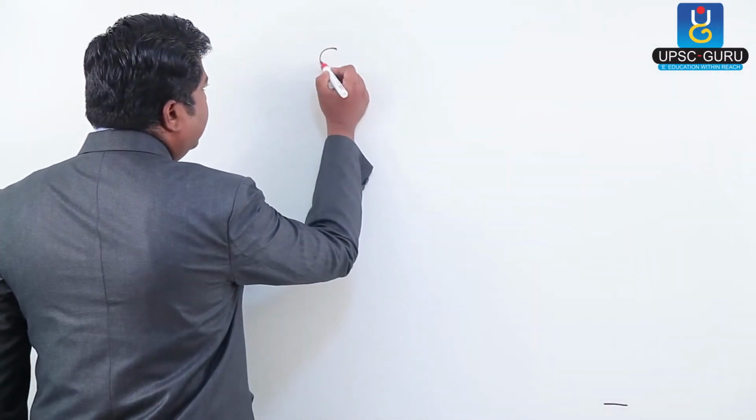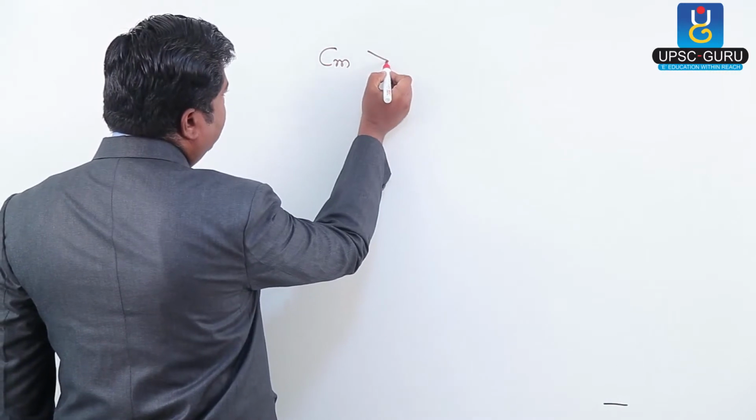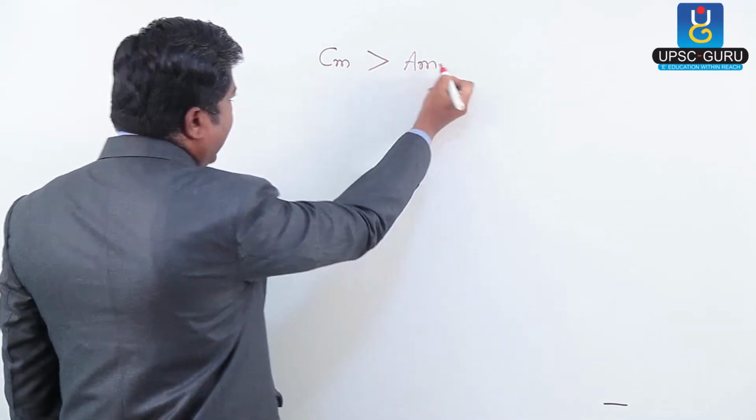Now the actual mass should be equal to the calculated mass because we are going by the same method, so technically it should be the same. But in science, many times whatever you are expecting is not happening. We always got the calculated mass greater than the actual mass. I am revising again: the calculated mass we always got greater than the actual mass.